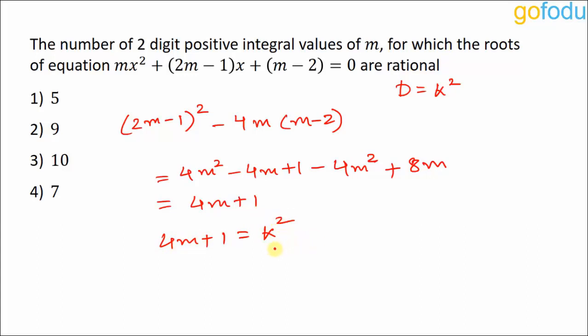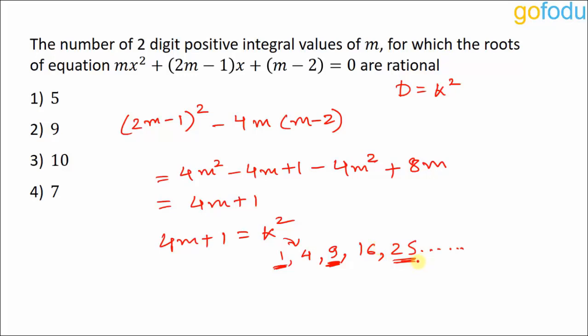So if I write down some values of perfect squares, that will be 1, 4, 9, 16, 25 and so on. Of all these values, 9 will be of the form 4m plus 1 when m is 2. Even 1 is of the form 4m plus 1, if m is 0, we will get 1. 25 is also of the form 4m plus 1. So all the odd squares are of the form 4m plus 1.